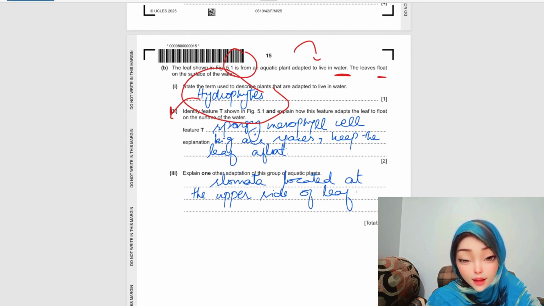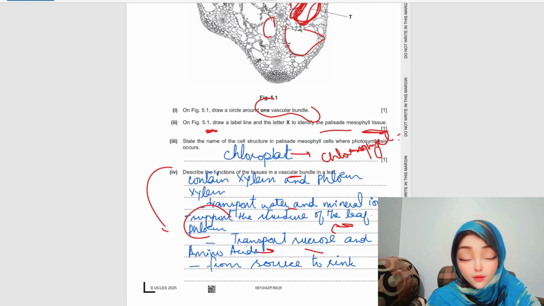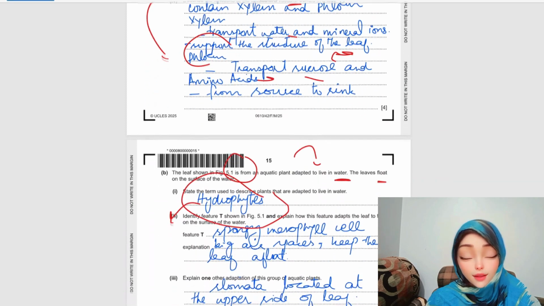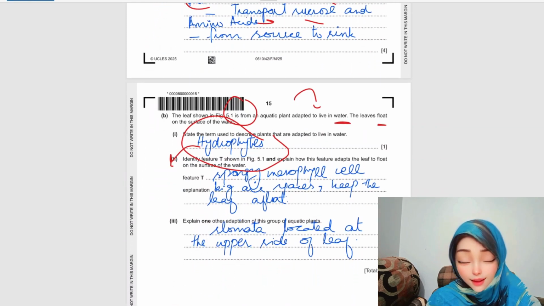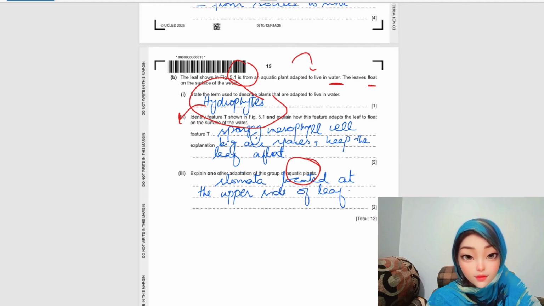Structure T is basically the spongy mesophyll cells, and these spongy mesophyll cells provide larger spaces and keep the leaf flat. And one adaptation of the aquatic plant is that they have stomata on the upper side of the leaves. Okay,